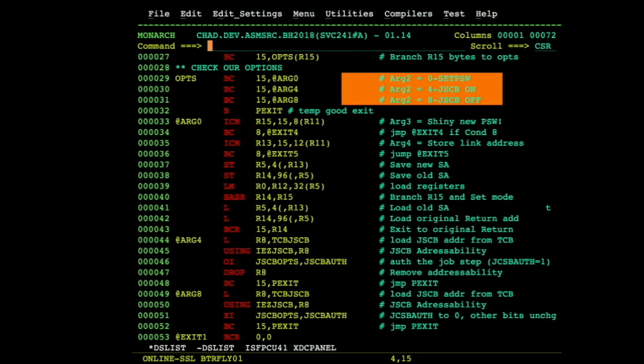If you pass it a 4, it flips this JSCB bit on, and basically your address space can now execute the command to move yourself from problem state to supervisor state, key 8 to key 0. If you pass it an 8, it flips that bit off. So if you don't want to leave it on, you can flip it off. If you pass it a 0,